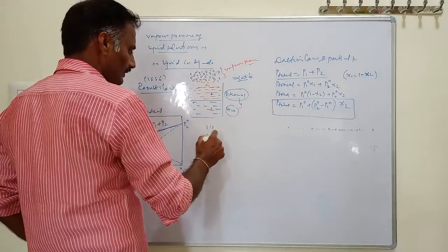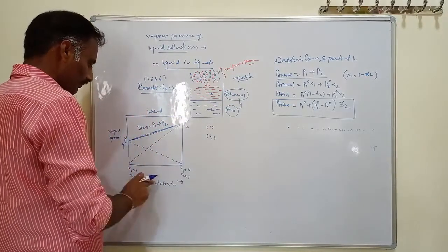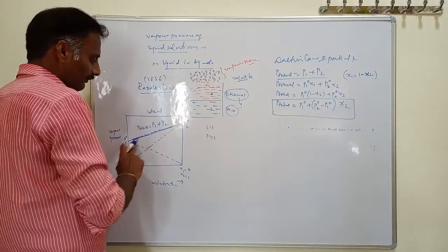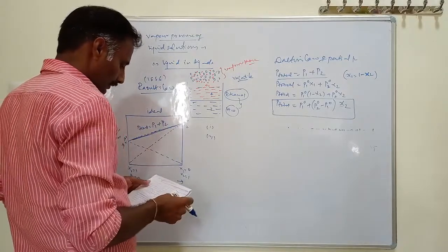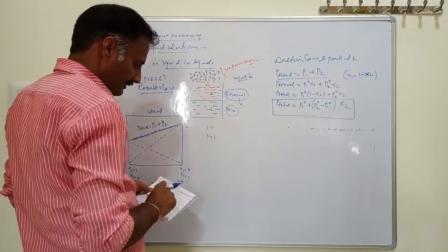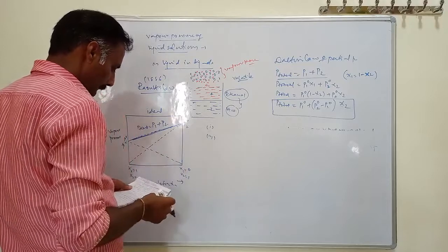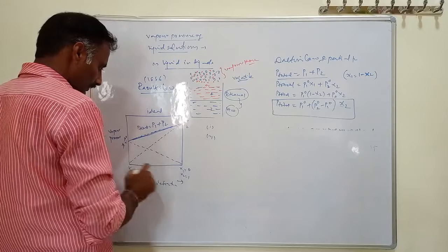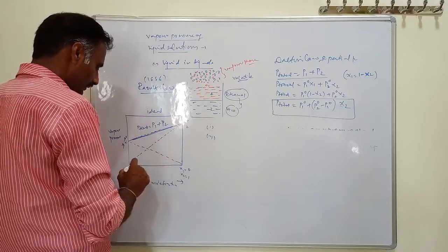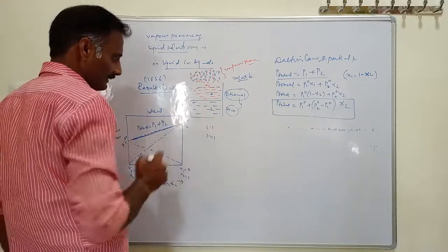And the second conclusion: if you draw a graph of mole fraction versus vapor pressure, we get straight lines like this. This indicates that the total vapor pressure over the solution varies linearly with the mole fraction of component 2. As the mole fraction of component 2 increases, the graph also increases.